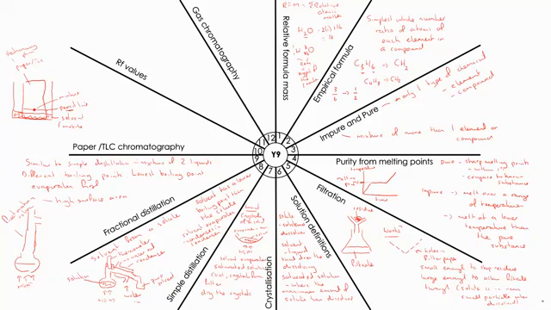And then as the solvent goes up the stationary phase, the mixture will separate out. So there's our original line, and that will separate out into different spots. And the number of spots tells us